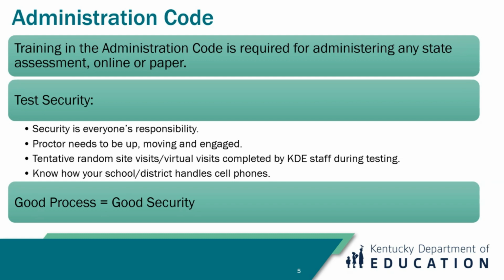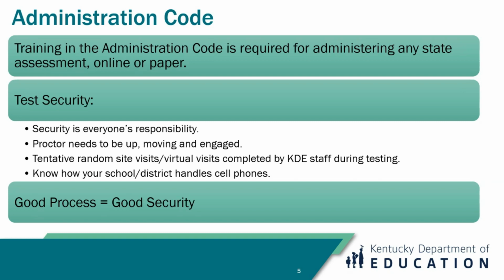Have a set procedure in place for counting and checking in and out the test materials. Vendor analysis of results help narrow down issues. Engaged proctors means that the proctor is actively monitoring and moving to be sure students are following directions in the appropriate section of the test booklet and in student response booklets or the online test section, and keeping only allowable items on the testing stations.